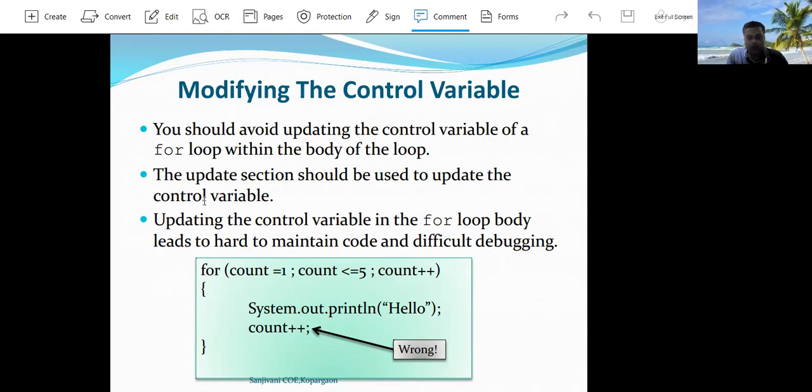Here the value of the control variable is incremented or decremented inside the update section. Updating the variable in the for loop body makes the code hard to maintain and difficult to debug.